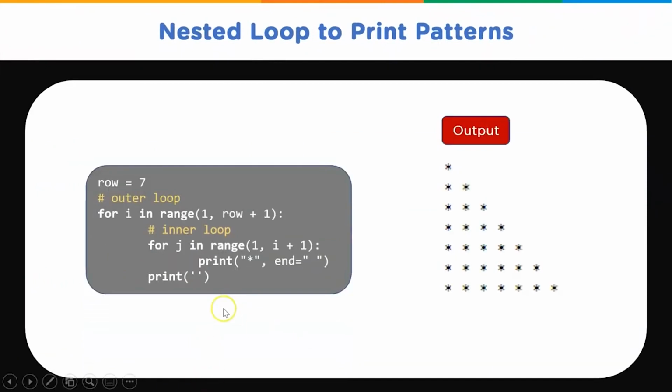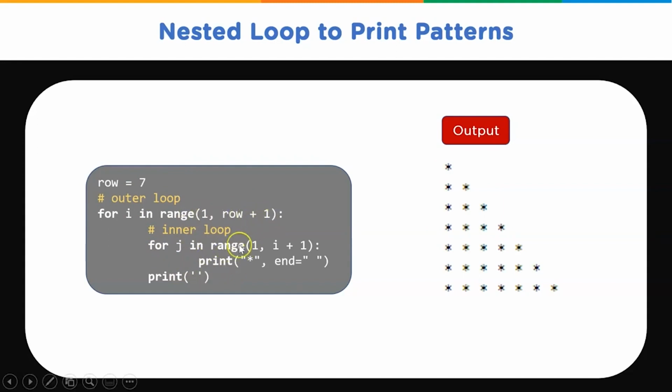So now that you have learned about the basics of nested loops, let's look at an example of printing patterns. So in the code here, we have used 2 for loops to get our right angle triangle containing asterisks or stars. So we have declared row equal to 7, which means we need 7 rows to be printed. You can count it here. These are 7 rows. Hence, we have defined it as row equal to 7. Now the outer for loop ensures we have a total of 7 rows. So we have defined a range from 1 to row plus 1, that is 8.